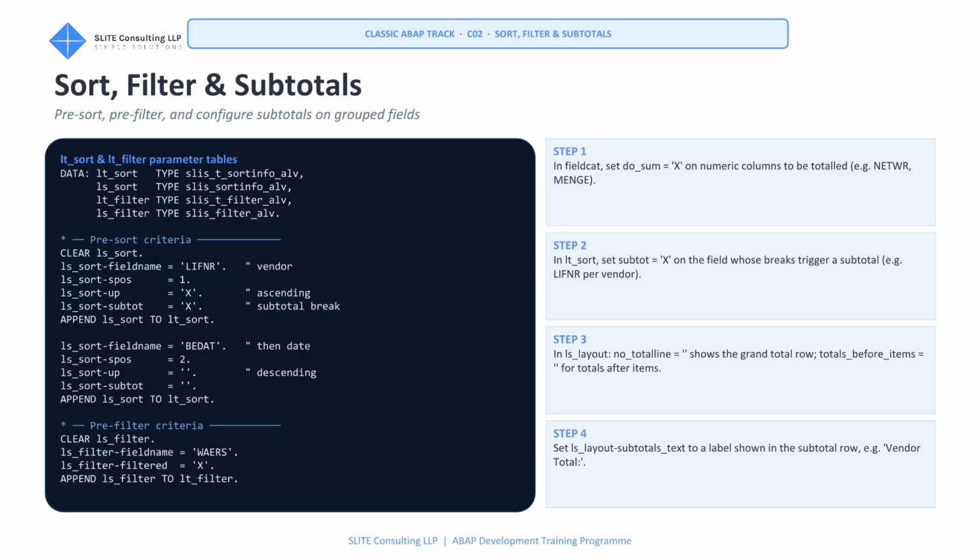For example, sort by LIFNR with subtot equals X, then sort by BDAT descending. This groups all POs by vendor, with a subtotal line showing the vendor's total value whenever the vendor changes. For that subtotal to show a meaningful value, you also need, and this is the 4-step recipe on the right of the slide, do_sum equals X on the NETWR field in the FieldCat,